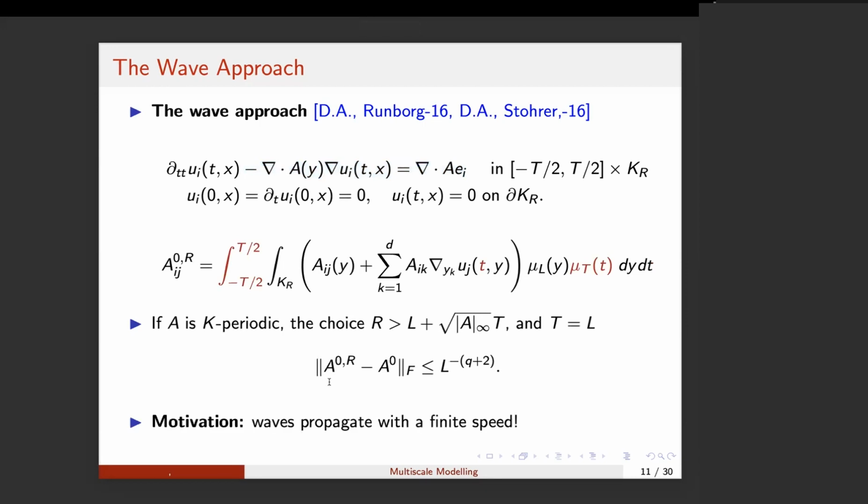I would like to come to this part here, and this is due to the finite speed of propagation of waves. So essentially, the error that we are making on the boundary, where we have an artificial boundary condition which is 0, will not have sufficient time to go into the interior of the domain if the domain itself is chosen to be sufficiently large. And this is due to the finite speed of propagation of waves. And here we are able to prove that if A is one periodic in every direction, and if the domain is sufficiently large, so that the errors on the boundary do not propagate into the interior, then we can prove that this